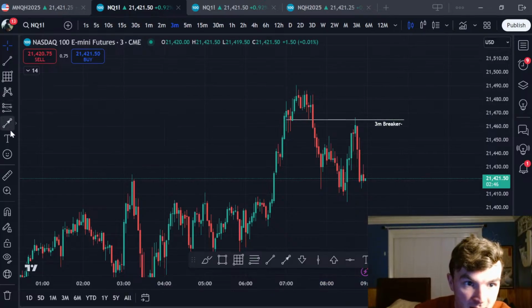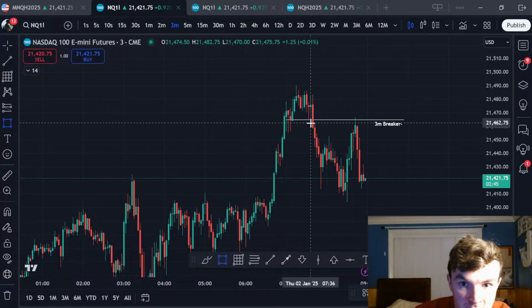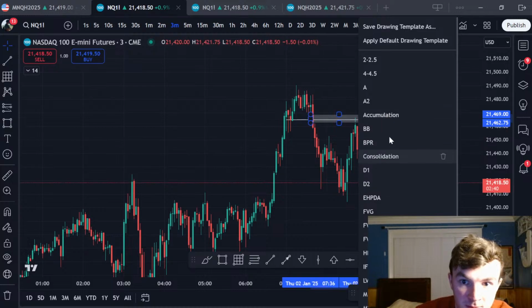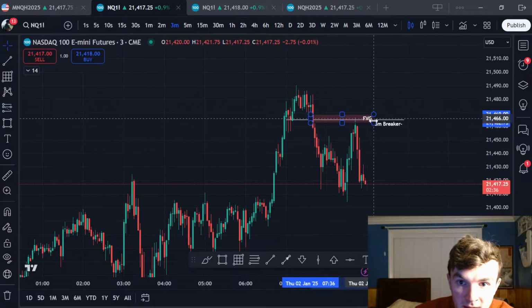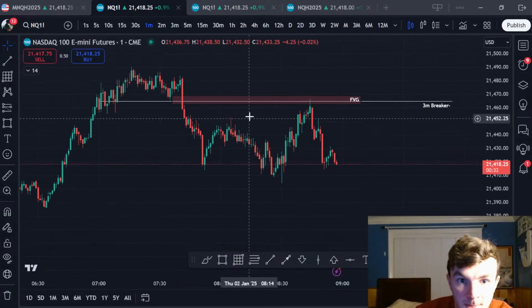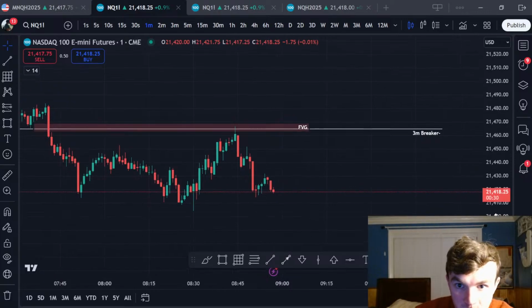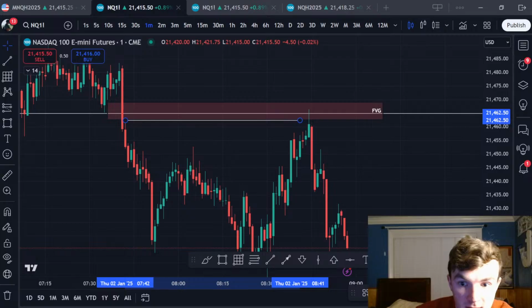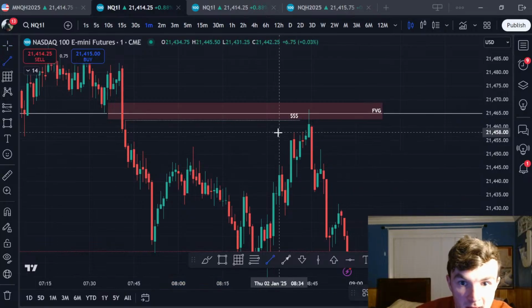And a 3 minute for value gap. So on its own, it's a breaker for value gap trade, but I wouldn't take it on its own. Then what happened? Then on the lower time frame, on the 1 minute, we sweep out this high, and we sweep out this high,